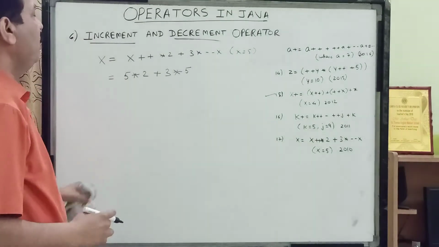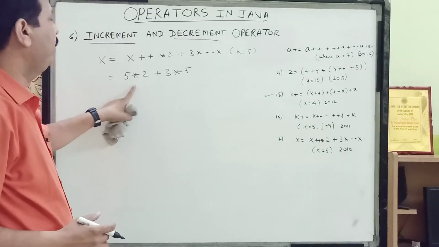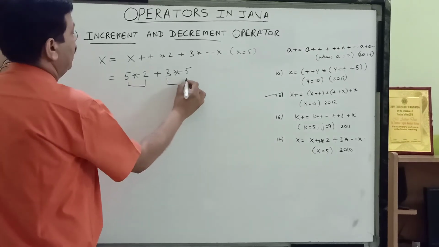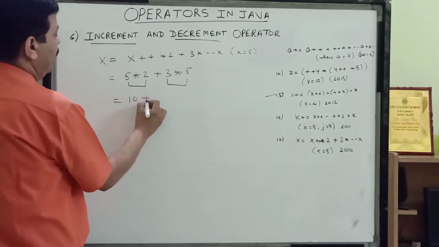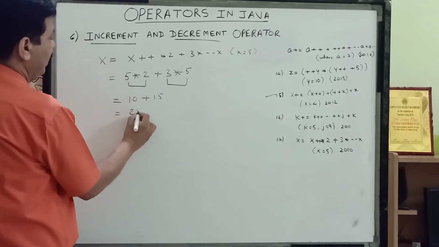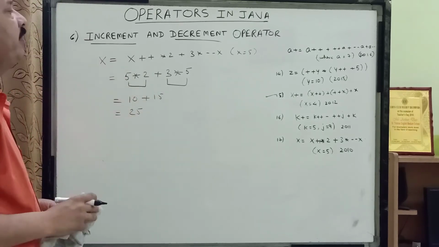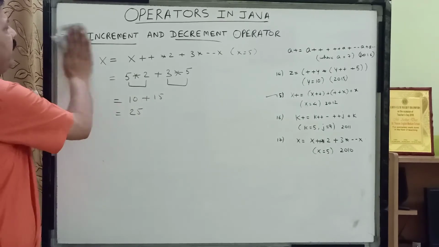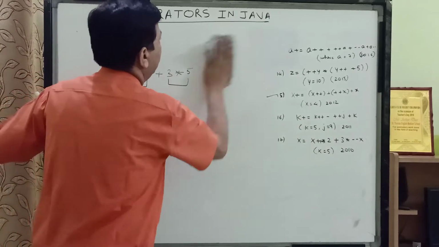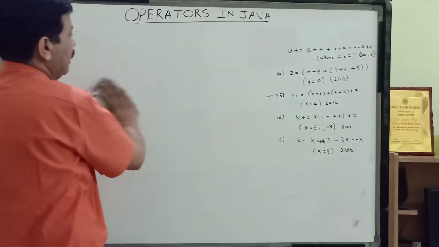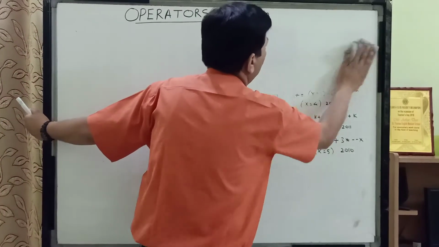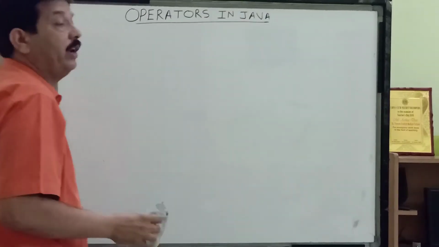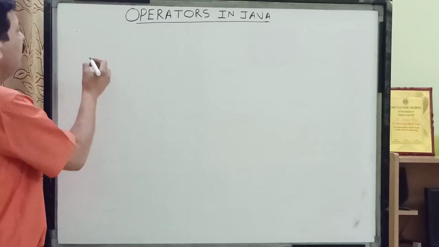So children, now here we follow the order of precedence. We have multiplication and plus. So first this multiplication will be done. So it will become 10 plus 15, and the answer will become 25. So children, this is regarding the increment decrement operator. And now the last operator children which we have to study is the conditional operator. This operator I am giving you a small detail over here, but in detail we'll study it when we'll study the conditions or the conditional operator.